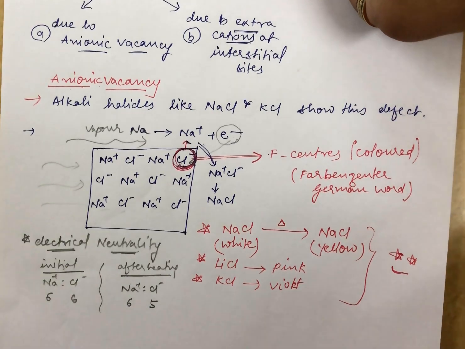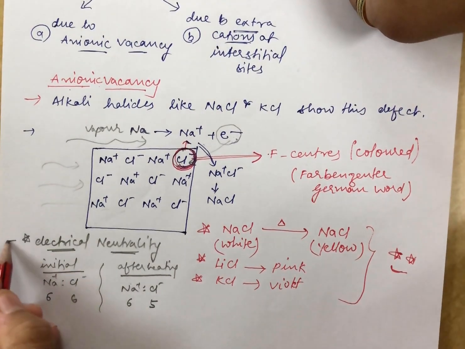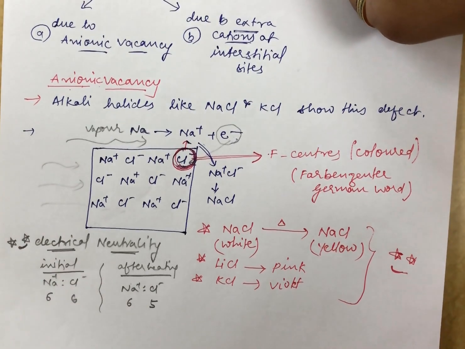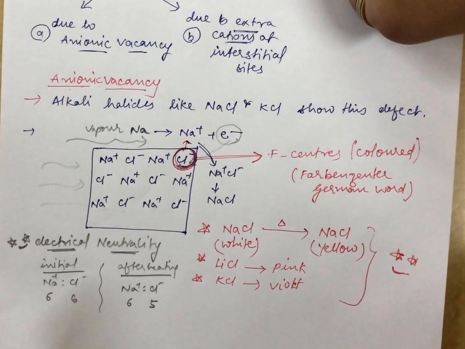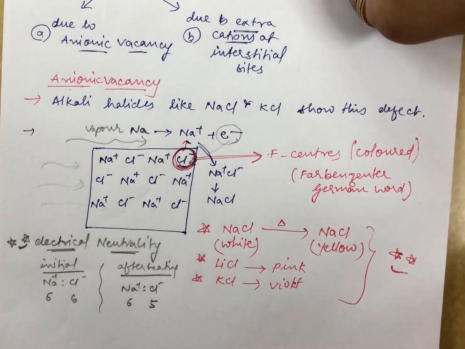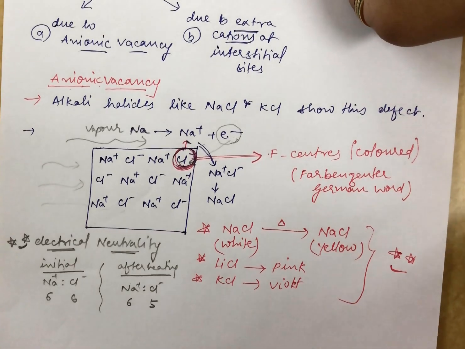So in non-stoichiometric defects, a very important point is that electrical neutrality will be maintained at every place. When this is happening, the properties do change, students. When anionic vacancy or metal excess defect occurs, properties do change. When this electron comes, in case of property, you will say that electrical conductivity increases, and the paramagnetic property will increase. Okay, so these things you need to keep in mind.